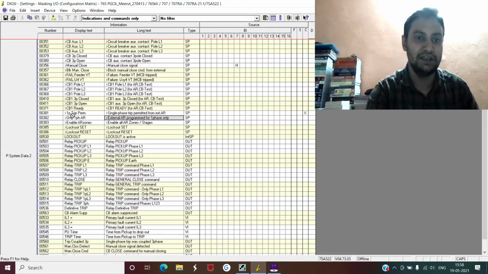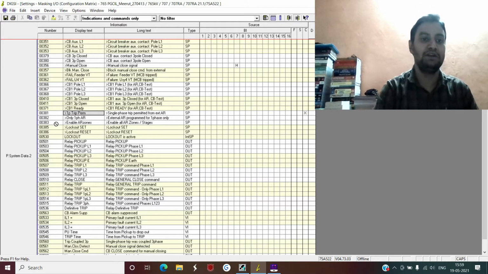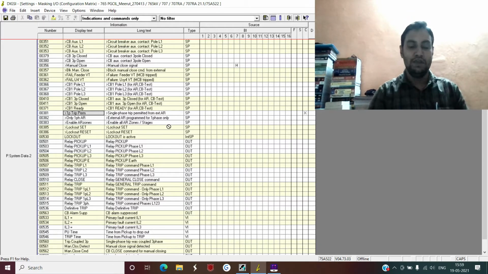This signal, external AR or single phase trip permissive, signal number 381, that is single phase trip permitted from external AR, is a very important signal in Siemens distance protection relay, and normally this signal should always